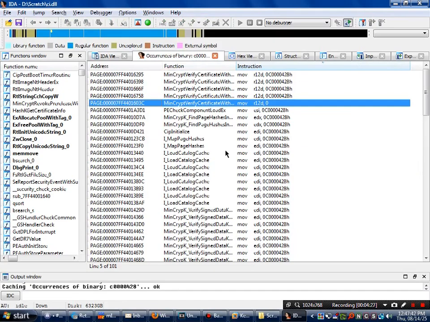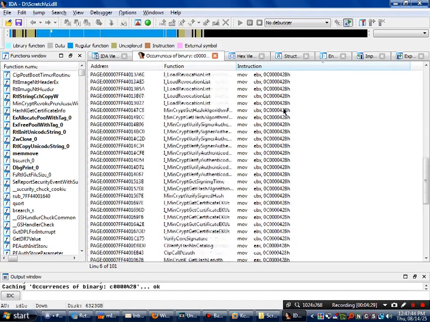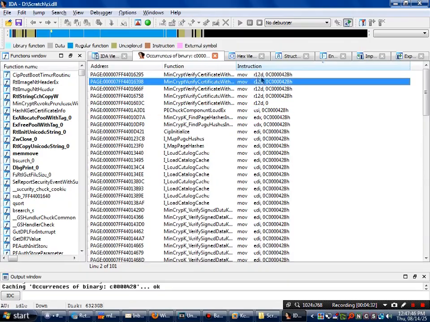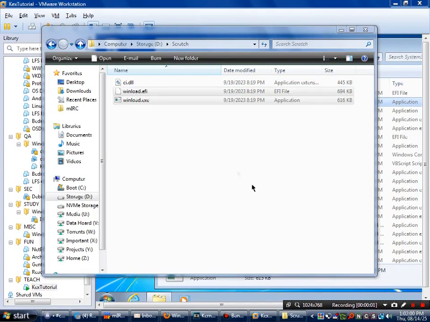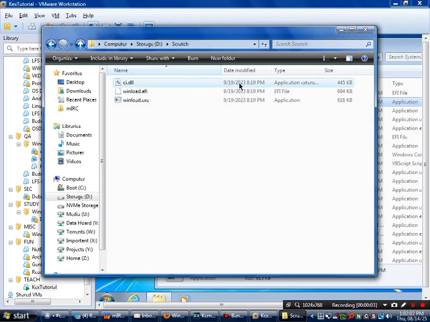And pretty much, you just have to go through every single one of these. And actually I missed this one, the top two. And you have to do that in all three of these binaries. So I'm going to go ahead and do that off camera because it takes a long time, and we'll come back when we're done. Alrighty everyone, so once you've went ahead and patched your binaries,